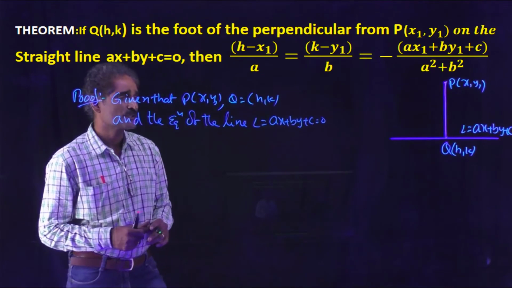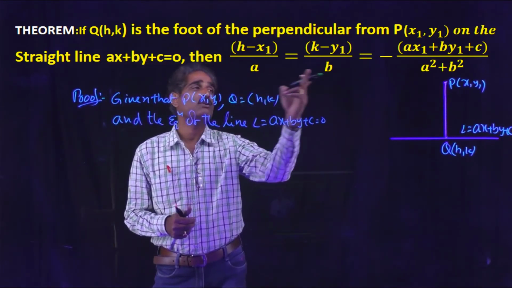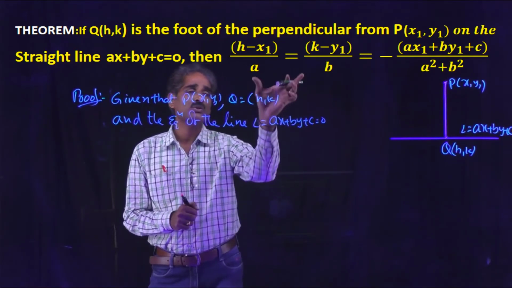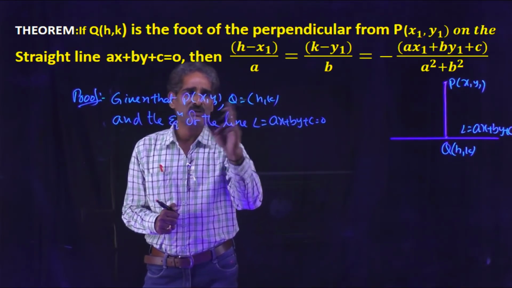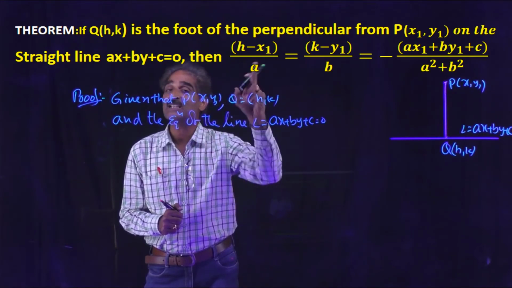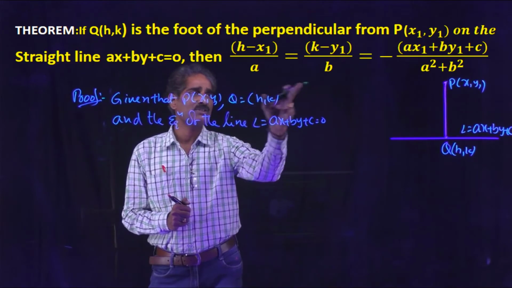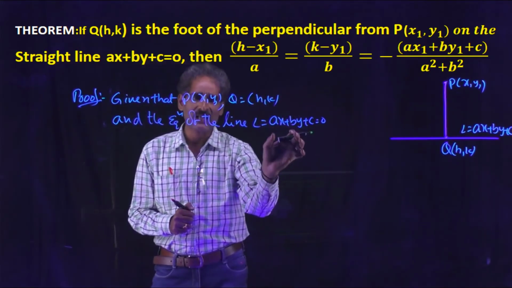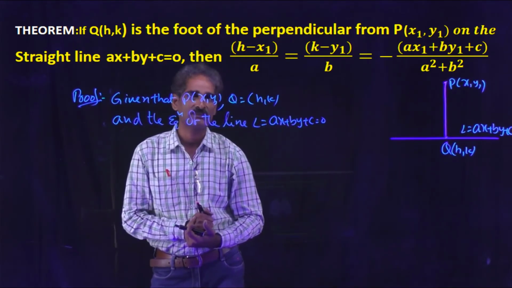Okay. So now with the help of this data we have to prove (h - x1)/a = (k - y1)/b = something. So observe these two terms, h - x1 and k - y1. These are the terms we obtain in the slope formula, and at the same time observe the denominators. From this there is a chance to get a/b. So a/b is related to the slope, determine the slope of this line. So we have to use the slopes relation.